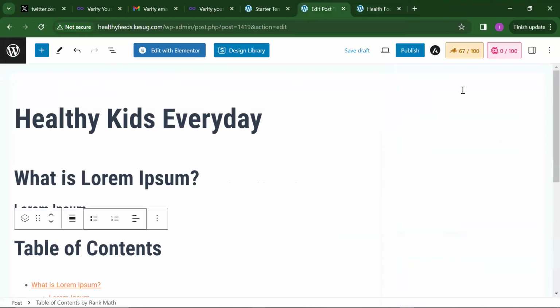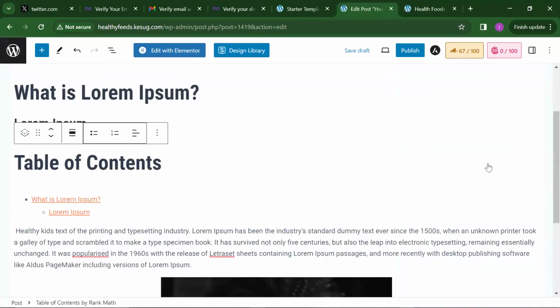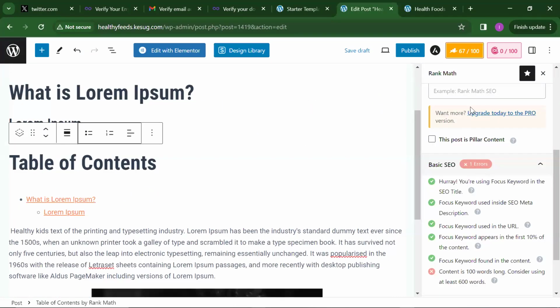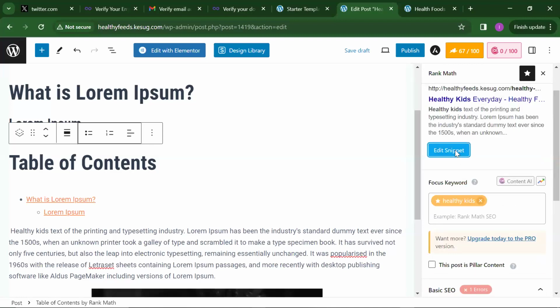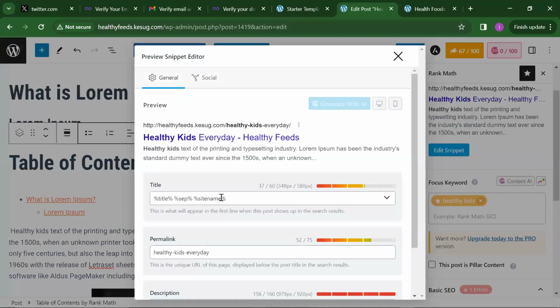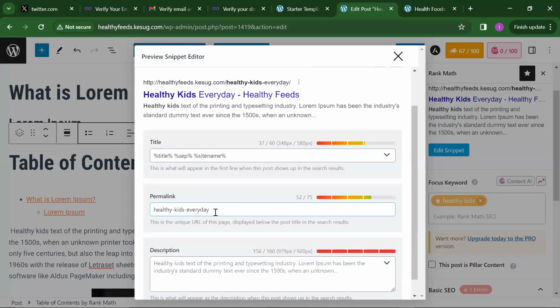It gives you suggestions. You can see all the suggestions, right? You can edit stuff. You can edit snippets. But I don't advise you to touch this one. You just leave this one like this. Permalink, you can edit your permalink and make it look the way you want. Or if it's too long, maybe it's showing red. Let's say, for instance, now we have something else like